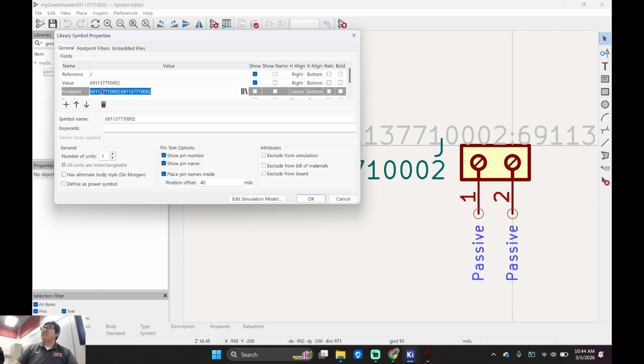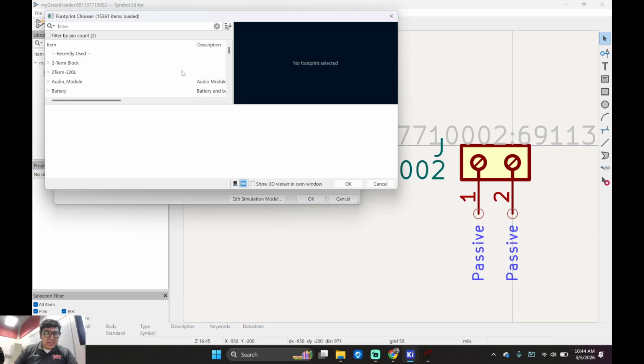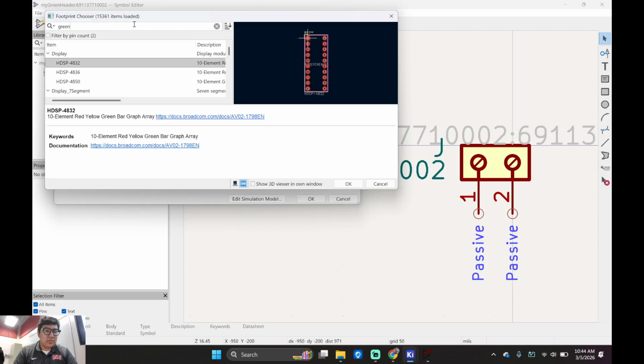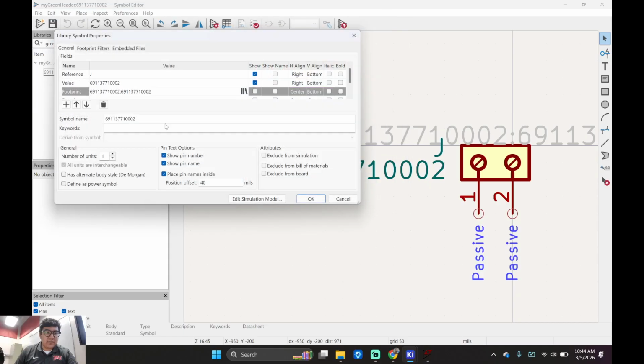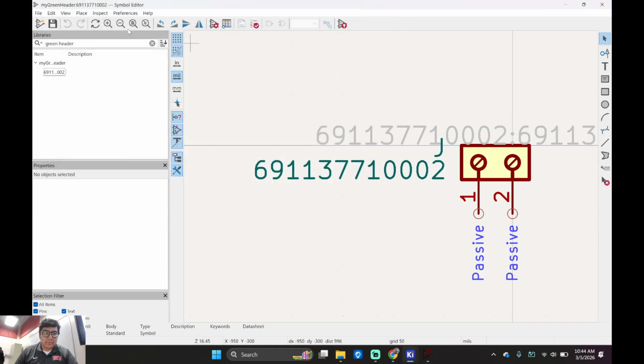What's the footprint? We got to link the footprint, right? So let's link the footprint. Let's type in green header 2. What did I call it? Let me see. Give me a second.